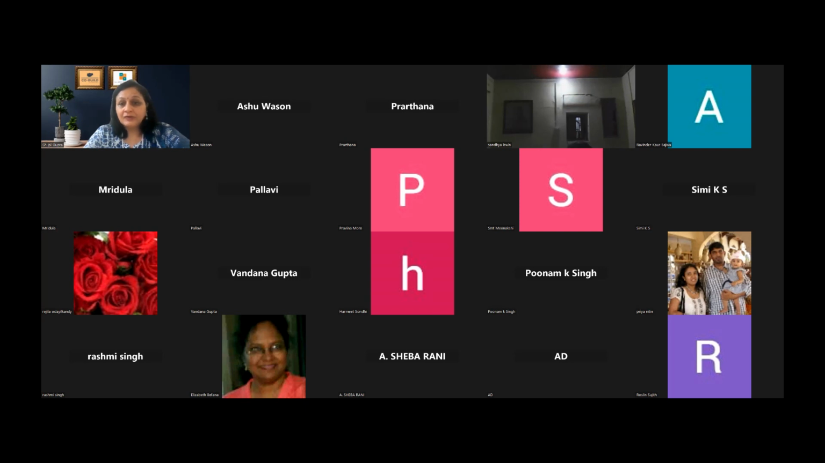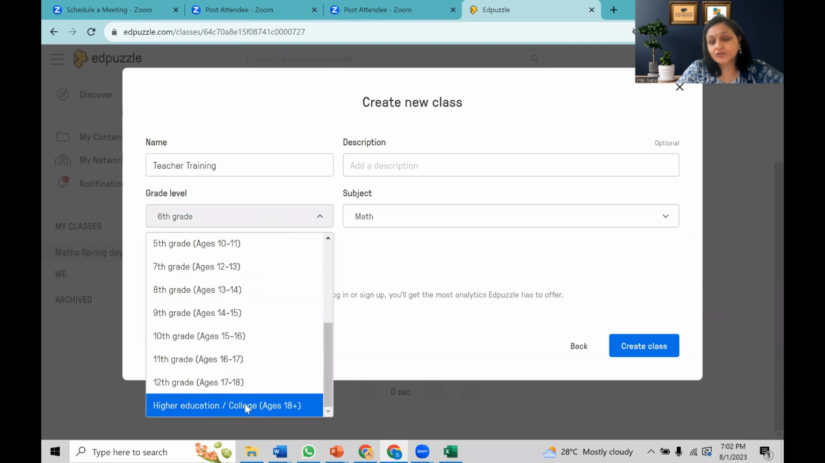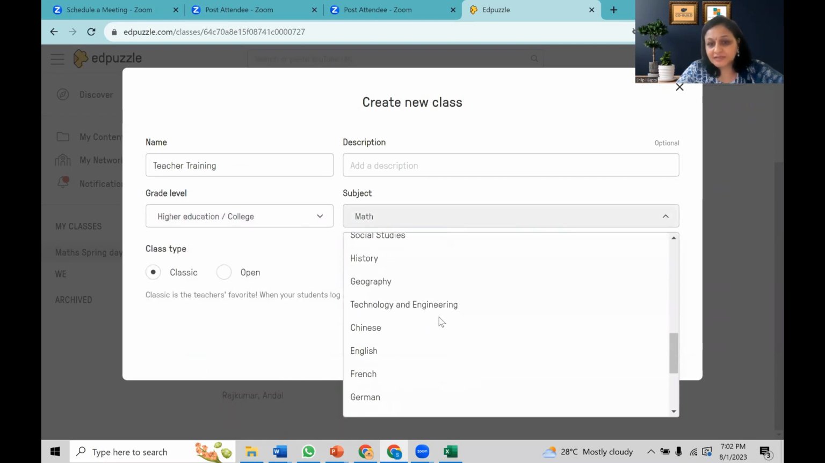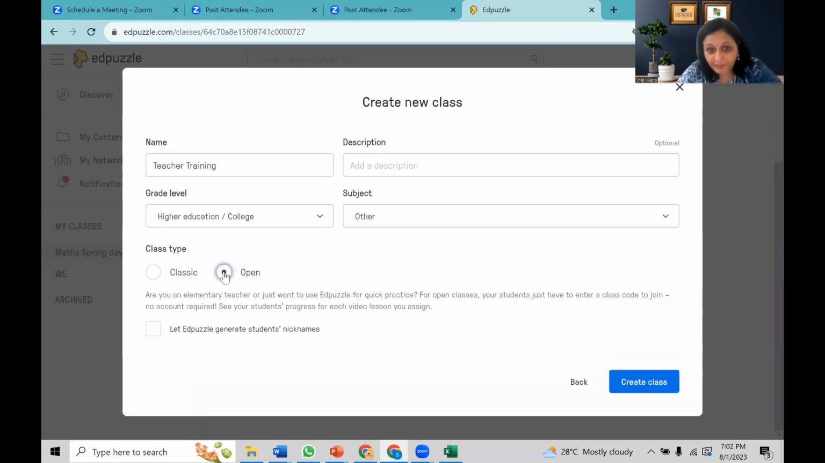Thanks. All right, so we come back again. Again, I'm creating another class for grade 6. Okay. So I want to give this time, give for teachers. So I say teacher training and I select the grade. The grade is not important. Higher education and college. I can just select subject. There is also other subject, you can select other subject. Okay. So here it is classic. Now when I click on open,